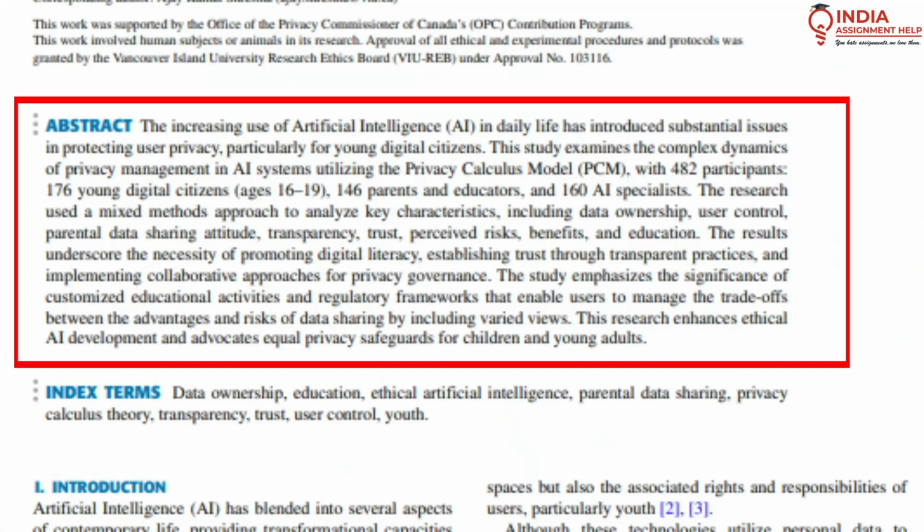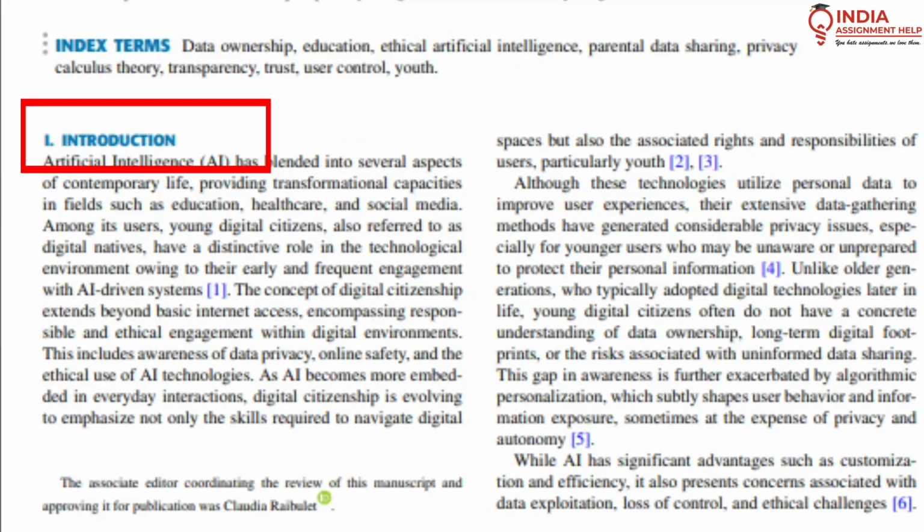Abstract section indicates everything about the research objectives, the research question, the findings, the results, along with the conclusion of the research study. The introduction section includes everything about the background of the study, also highlights the research gap that needs to be fulfilled by the researcher, along with the research question and the specific research objectives that will be focused on in the entire research.